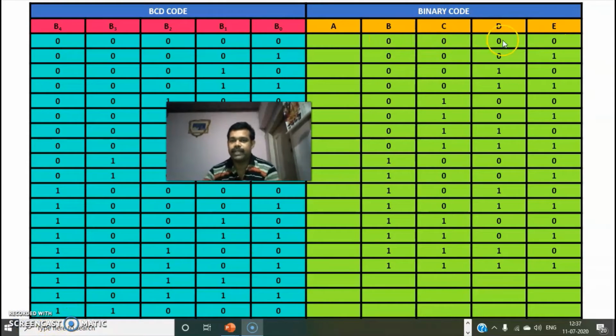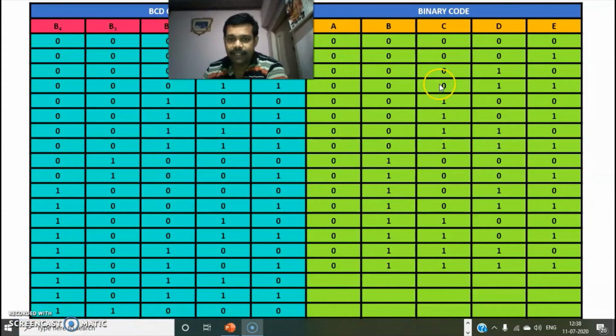So we have written from 0 to 15 by using the columns B, C, D and E. After that you have to put zeros in the place of A from 0 to 15. Now we have written the numbers 0 to 15 in binary by using 5 bits. Next we have to write 16.